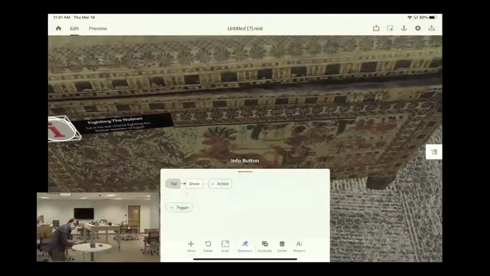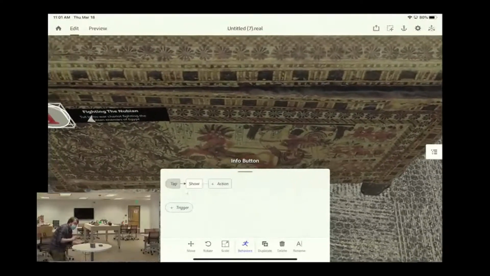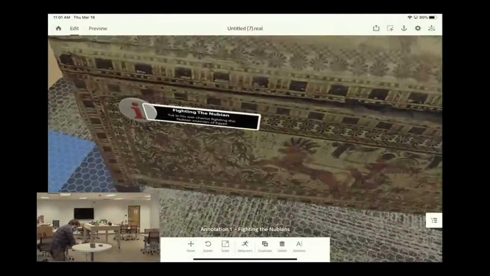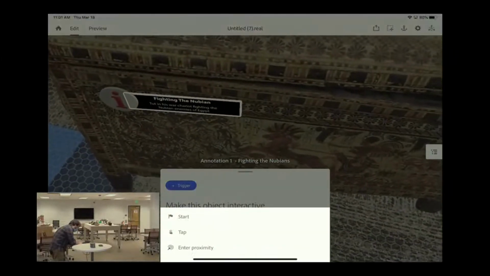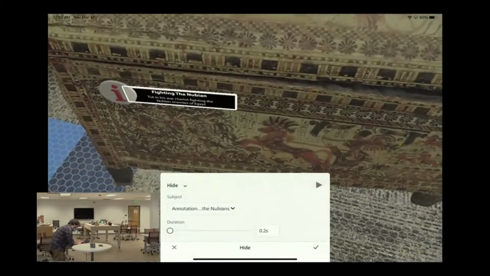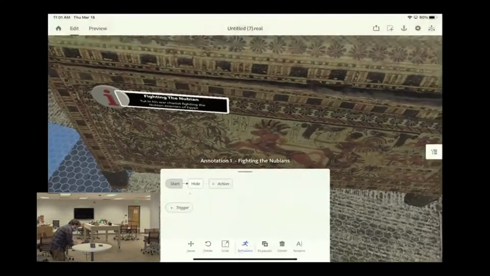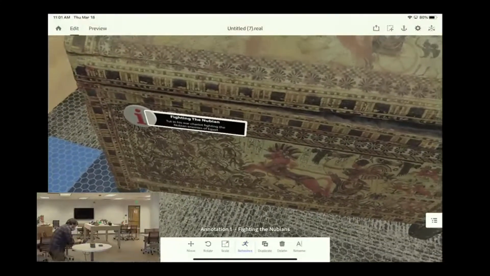Now, to make this really work, though, I need to actually make sure that the annotation itself is hiding to start. So I'm going to click that, add a behavior to that. And for this trigger, I'm going to go start and actually have it hide here. All right, and now when I preview this,